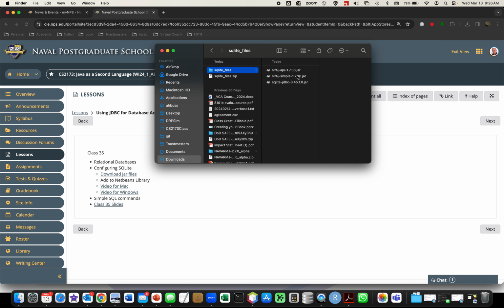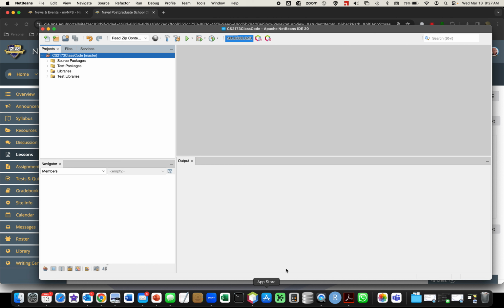So just download that and open it up. Whether you're on Mac or Windows, you can just double click it. On Windows, you'll have to extract it as well. In the video, I do one for Mac and one for Windows. Okay, and we can just leave them there because now we need to add a third-party library